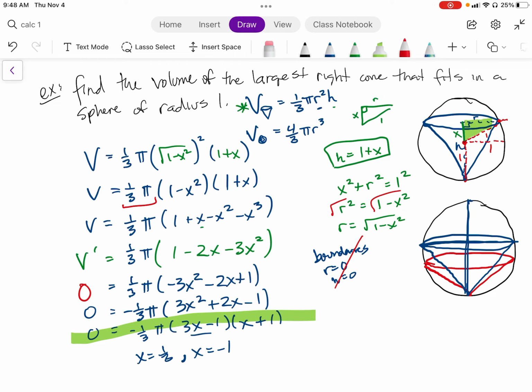So on that note, x equals -1 wouldn't even make sense, because looking back at that picture, if x is -1, first off, it's a distance, but -1 and 1 is 0, so h would be 0. That doesn't make any sense. So 1/3. If x is 1/3,